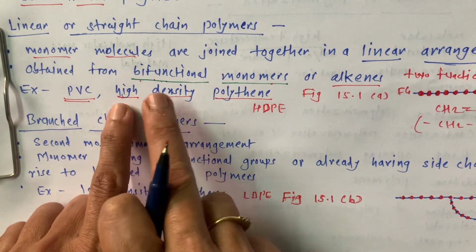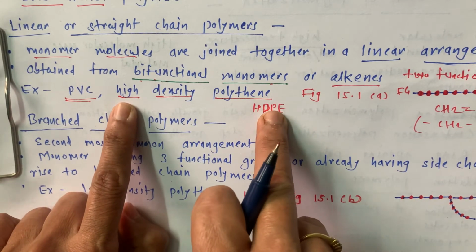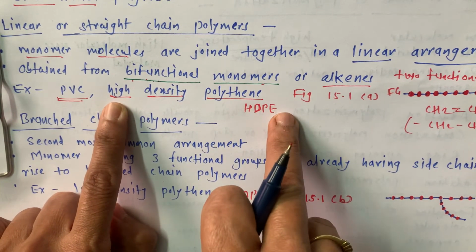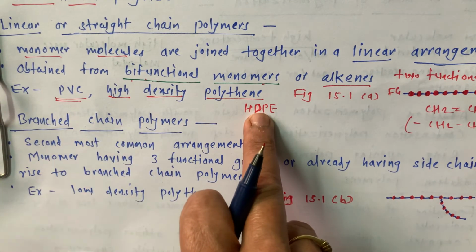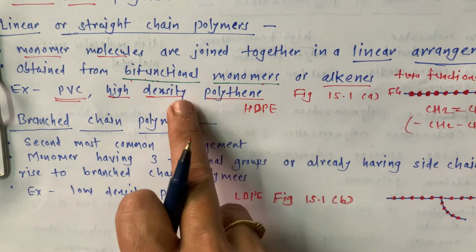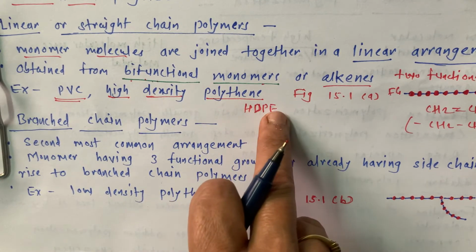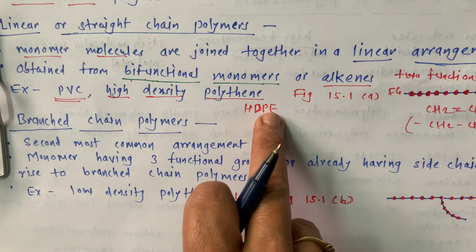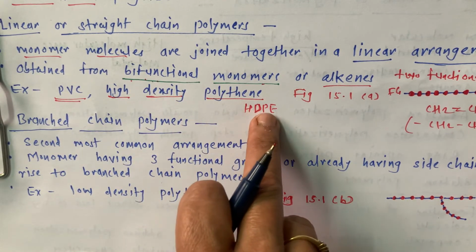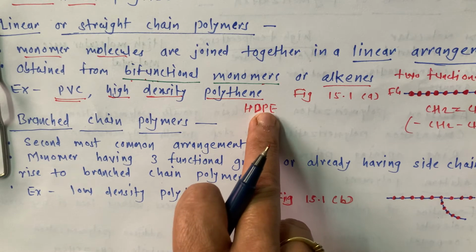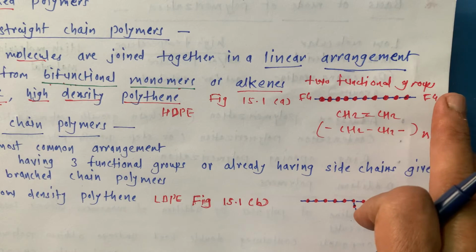And that's why this high density polythene, HDPE, is used for boxes or buckets, or where we have to bear more weight. This HDPE is used for bottles, baskets, buckets, or all plastic utensils. They are made up of high density polythene, that is HDPE. Okay, and the reason is the same, just like a straight chain compound and the branch chain compound.